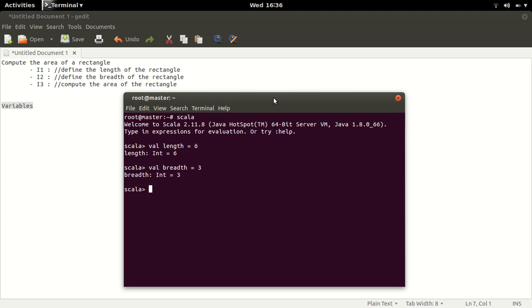Now, the third instruction says that I need to compute the area of the rectangle, which is basically multiplying the length with the breadth. So, how can I refer to a variable at a later point in my instruction set? By just writing the name of the variable. Make note of the fact that you should not do something like this again, because you would end up redefining the variable. Here I want to refer to a variable that has already been defined, so I write length into,